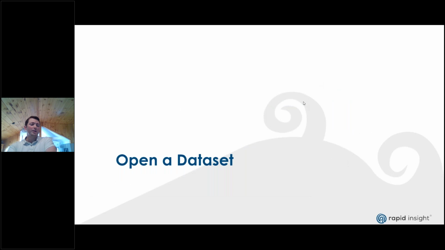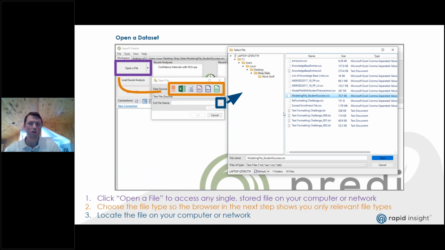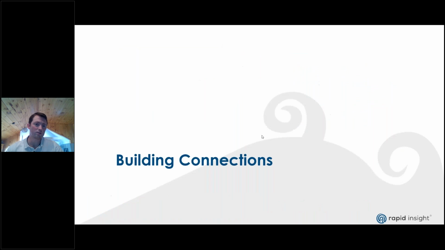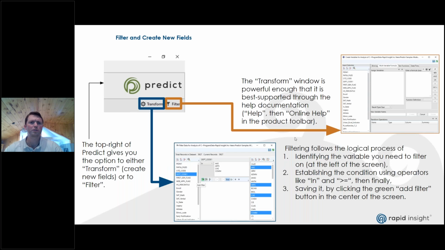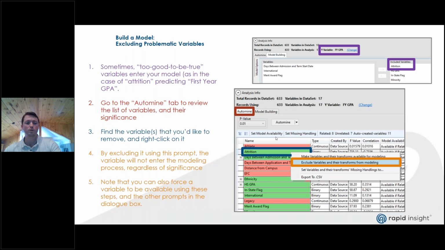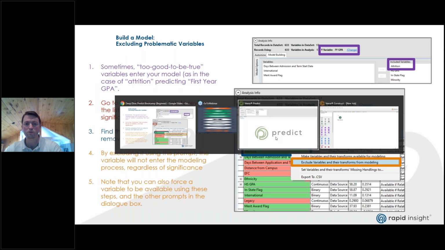So I have what I hope is a very explanatory, very effectively instructional set of slides available to you all. They've been made available in the handout there. My goal was not necessarily to walk through a set of slides, though. I wanted to actually cover this inside of the product. So that's what I'm going to be doing. But for anyone listening here, do make a note that all of the topics I'm covering, be it opening a data set, building connections, variable statistics, visualizing data, it's all listed in this slide deck with some helpful tips and tricks as we go through. So with that, I'm going to make the switch over to